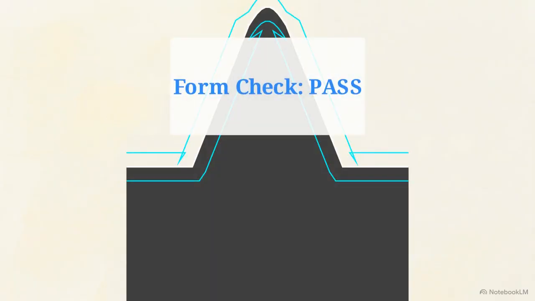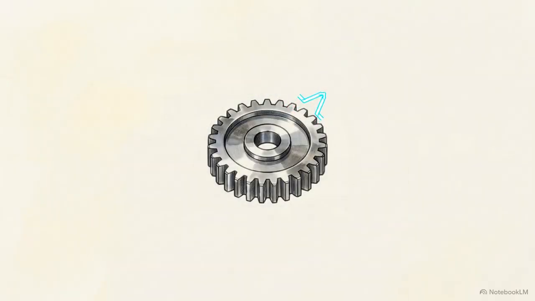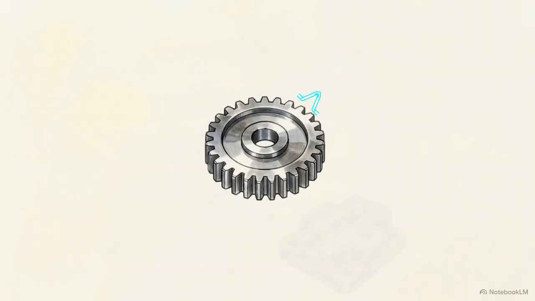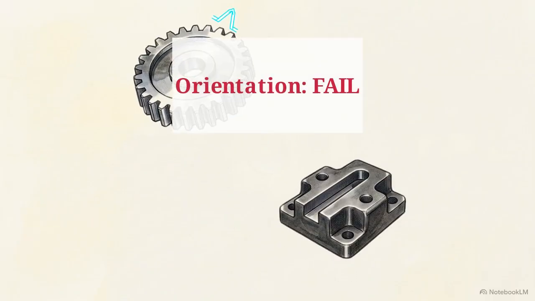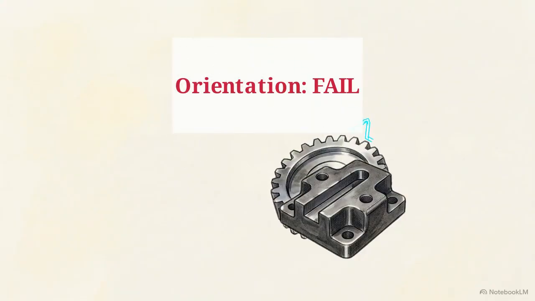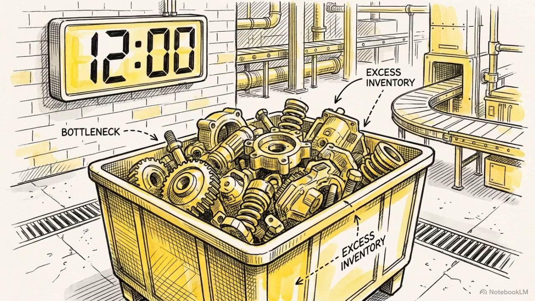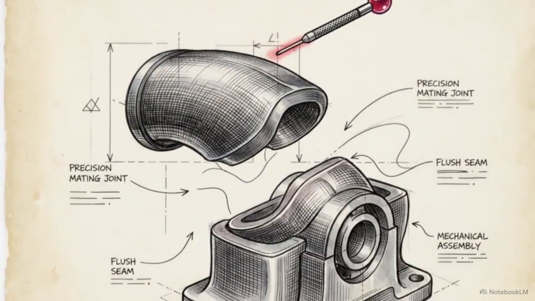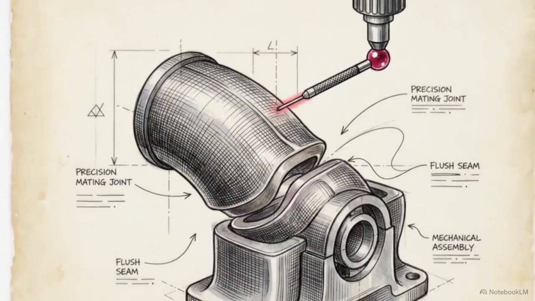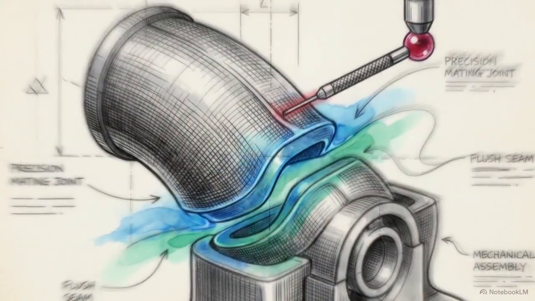Another mistake is omitting necessary datums. Without them, a manufacturer can produce parts that possess the correct cross-sectional shape, but are machined in a wrong orientation relative to the rest of the assembly. Conversely, over-tolerancing contours that don't functionally require strict geometric control will increase cycle times and scrap rates without providing additional value. Precise application of line profile prevents the assembly interferences seen earlier while protecting the manufacturing budget from the waste